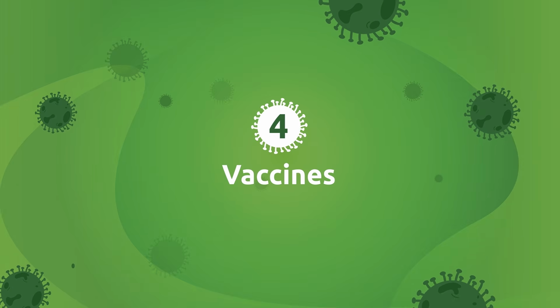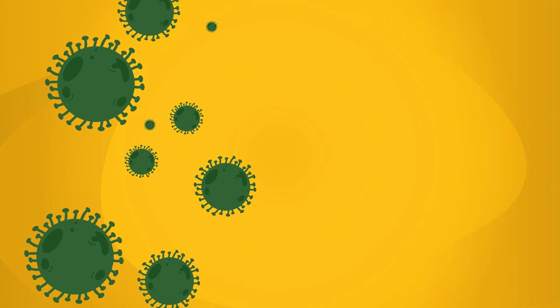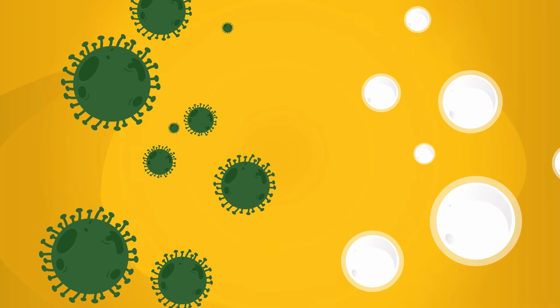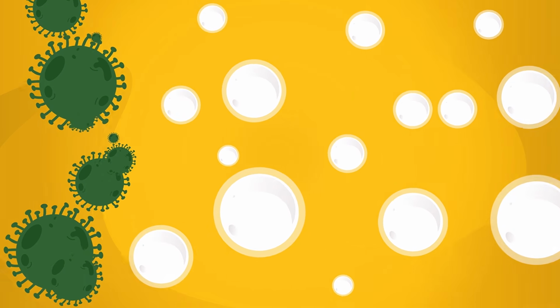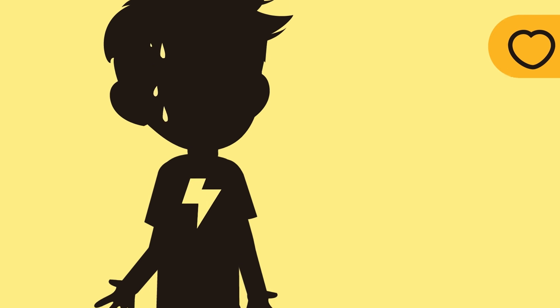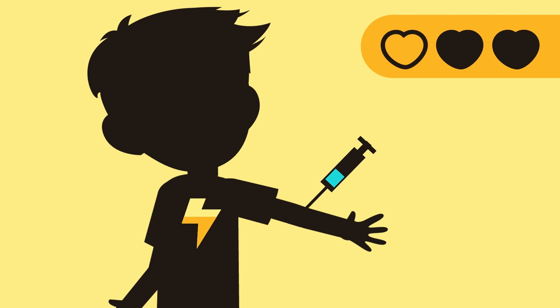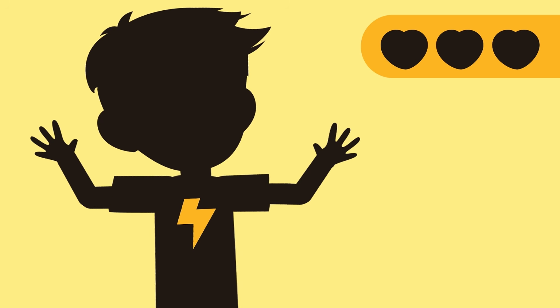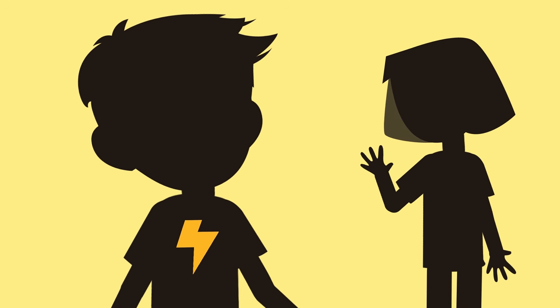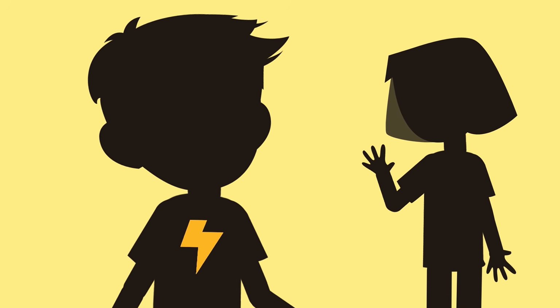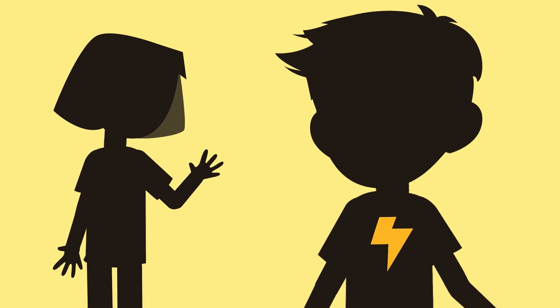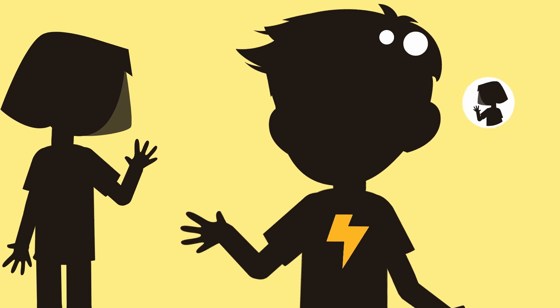Vaccines. As we mentioned before, some viruses cause diseases like the flu. Luckily, our immune system is there to protect us against viruses. As a prevention measure, we also have vaccines. Vaccines prepare our immune system, teaching it how to recognize a virus. It's like meeting someone for the first time. He or she will not be a stranger anymore. Next time you see them, you'll know who they are.